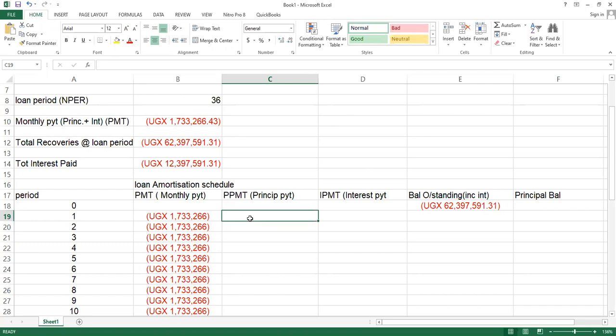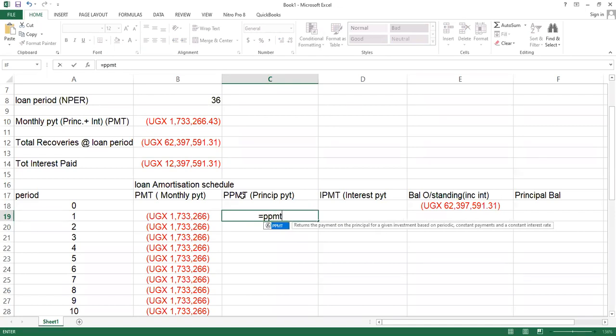So what is the principal payment? So for principal, I'll say equal sign. Now, this is the principal payment per month. So type PPMT. Now, what does this one stand for? Returns the payment on the principal for a given investment, which is based on periodic constant payments and constant interest rate. So meaning that if I open the bracket,